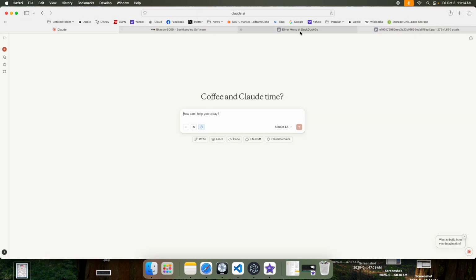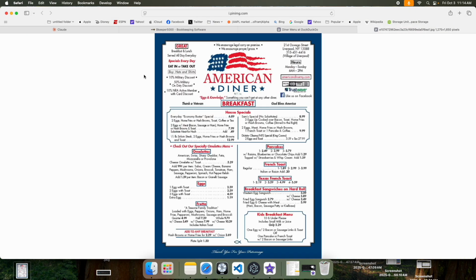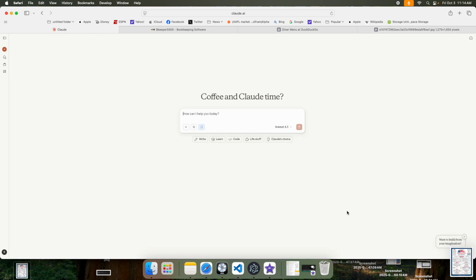Well, first we're going to take this screenshot. On Apple, it's Command-Shift-4 to take a screenshot. And I'm going to take that screenshot and put it into my AI assistant. Okay, now you go to